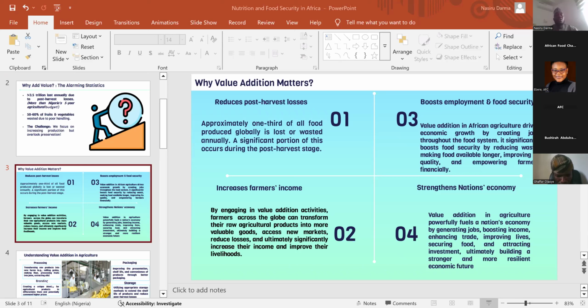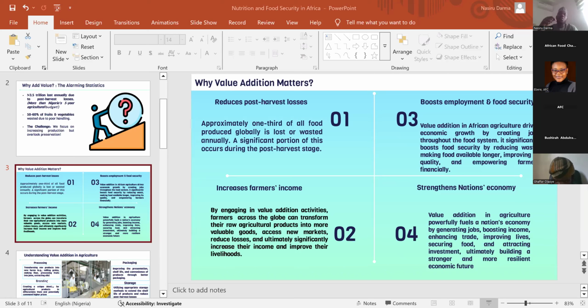So there are those that, before getting the raw materials to this agro processor, grade the produce, because they have to meet the processor's specification. So looking at that, there are some that are into grading and sorting. There are some that are into just the storage. There are those that are into marketing. So all of these are opportunities within which entrepreneurs in Africa's agricultural landscape can benefit from and help put